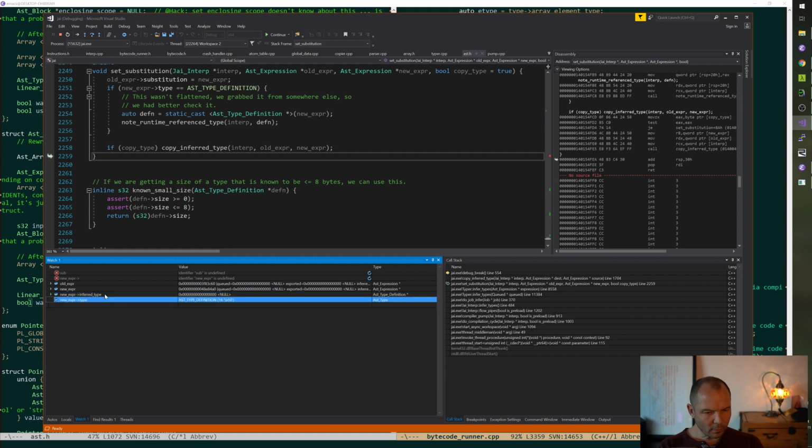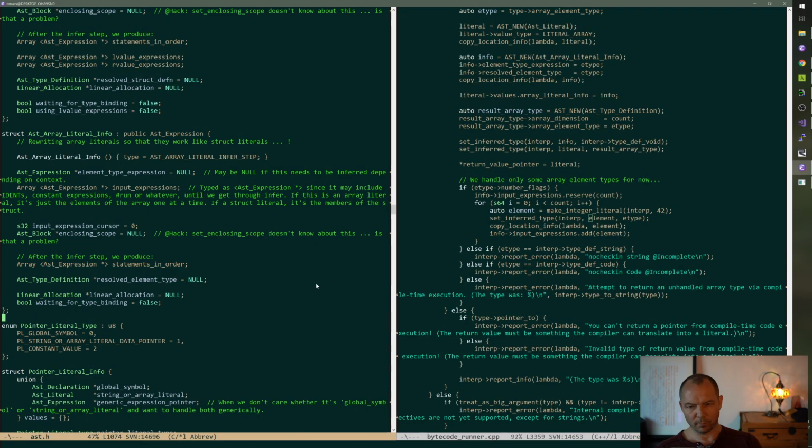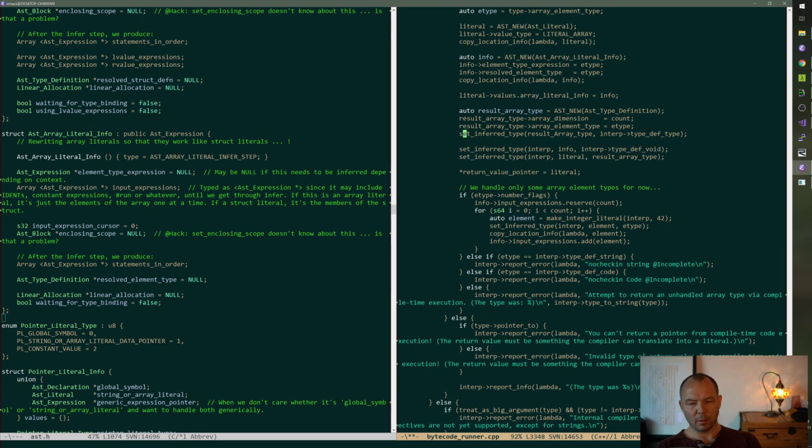This is a type definition. Oh, yeah, okay. Well, when we do this, we have to go set inferred type, result array type, interp type, def type. We all know the type of a type is type, so we have to do that.